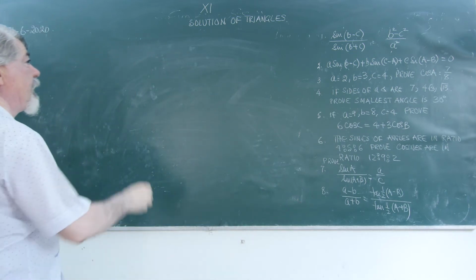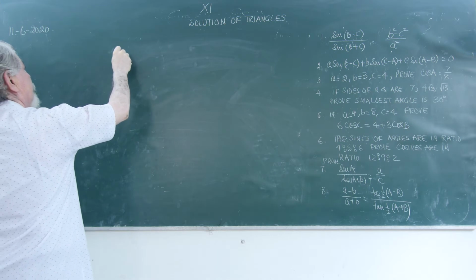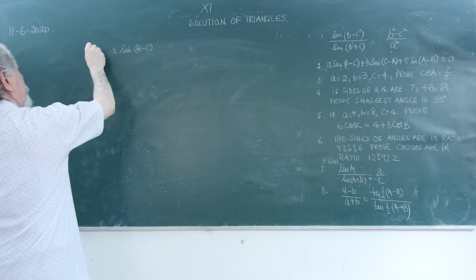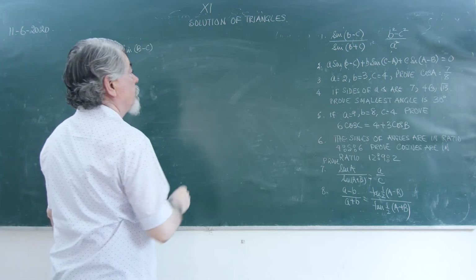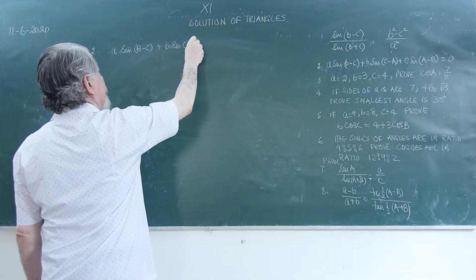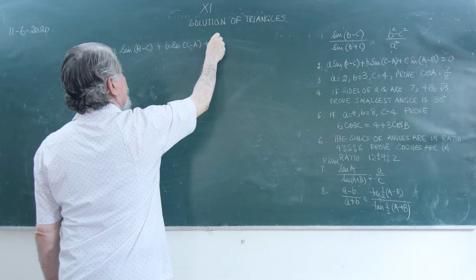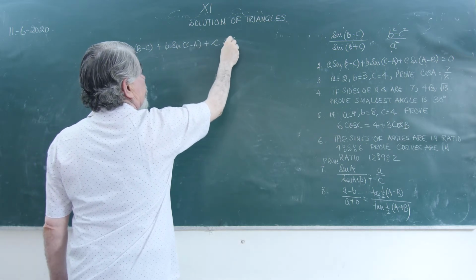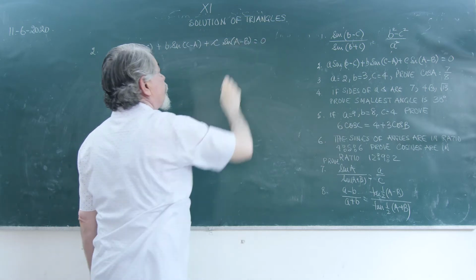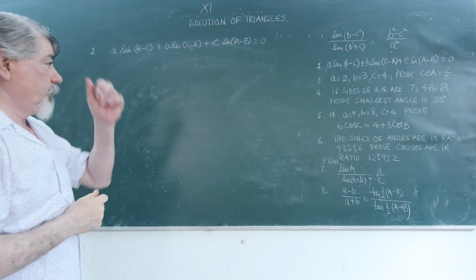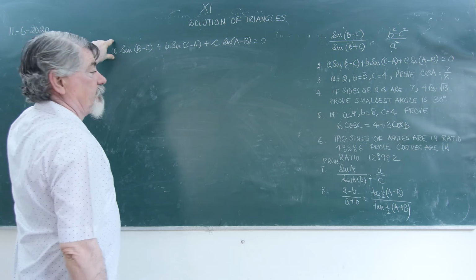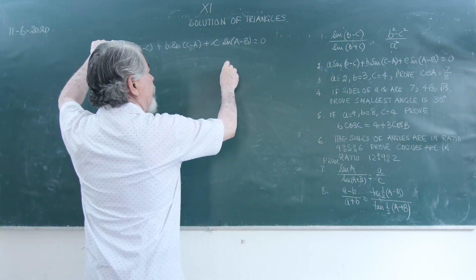In question number 2, I have a sine(b minus c) plus b sine(c minus a) plus c sine(a minus b). I have to prove it equal to 0. We have to prove this to be equal to 0. Now for proving it to be equal to 0, a is there. You know a upon sine a